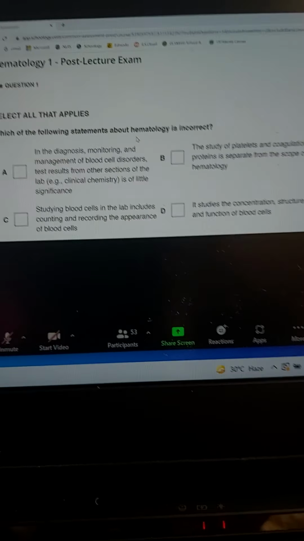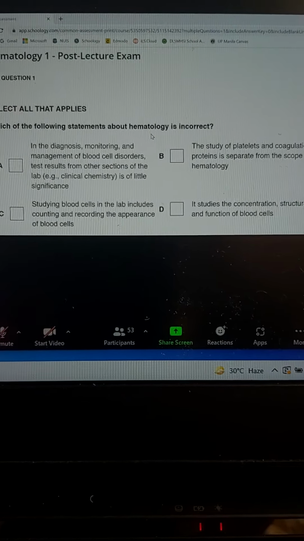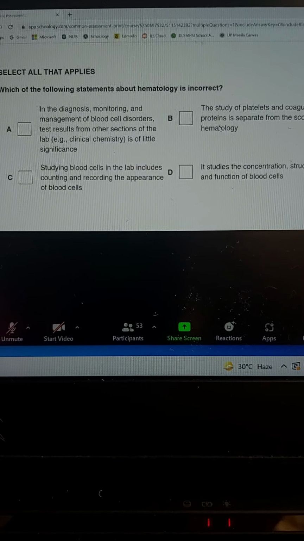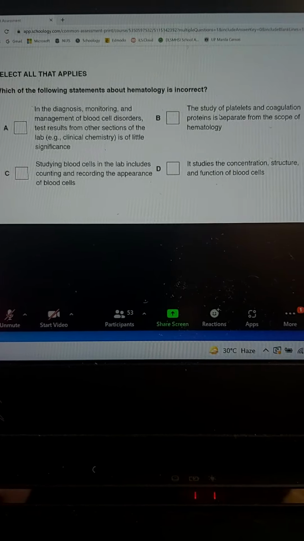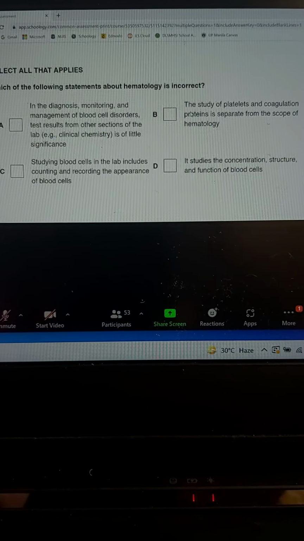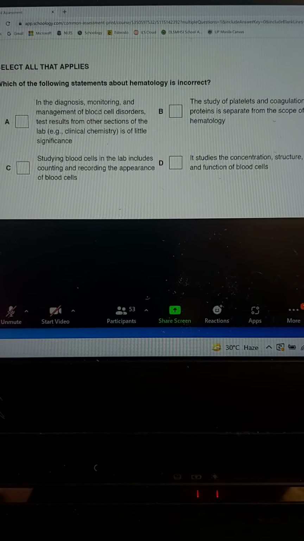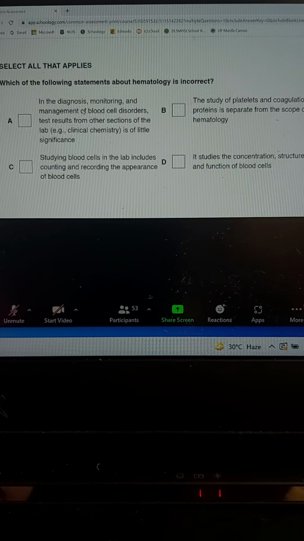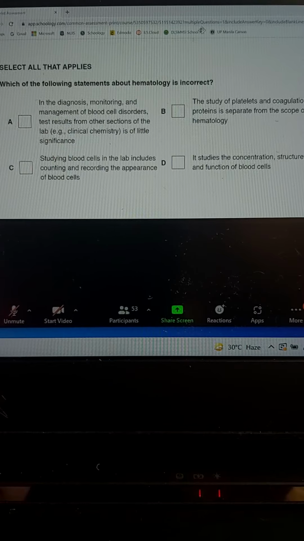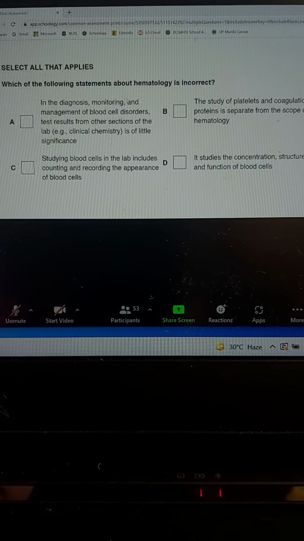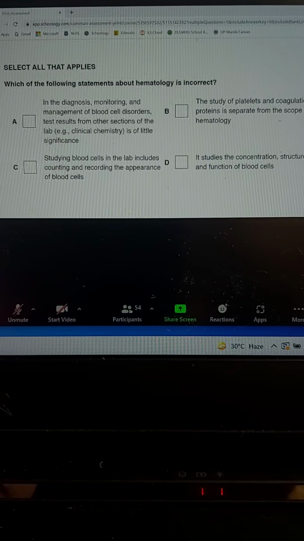That apply. So the correct answer is more than one. Okay? So dapat more than one yung pwedeng isa, pwedeng isa lang yung sagot, but of course, pwede ring two or more, or pwedeng lahat sila. Again,